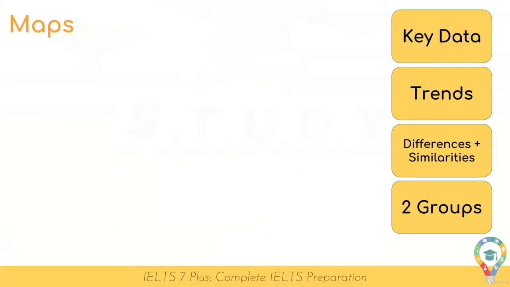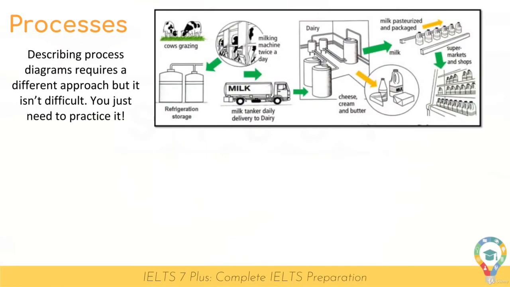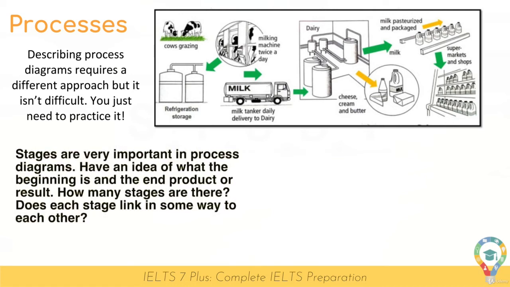So we've looked at charts and graphs and maps, but what about processes? How can you analyze the data shown there? Let's take a look now. The way that we analyze data in a process diagram is very different to that of maps, graphs, and charts. That's because the main focus here is to describe stages. The stages of the process diagram are our main interest, and this is what you will analyze and identify as